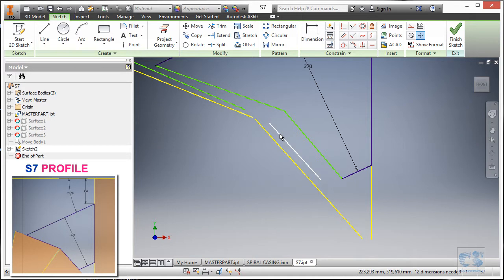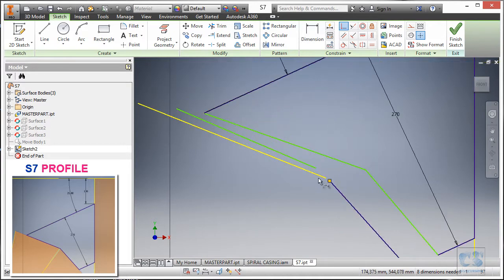So we use this line to create a collinear constraint with this one. So first I will constrain this to this endpoint, and this to that one, and this to this, and this to that endpoint. I'll make the 2 of them construction.